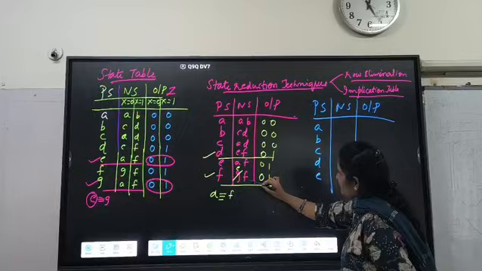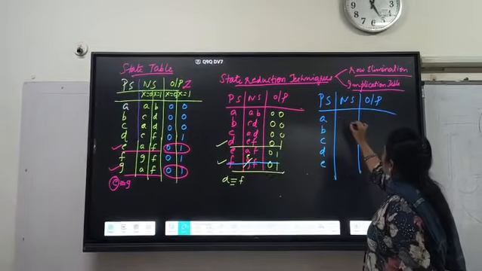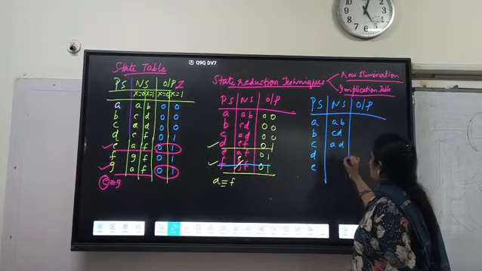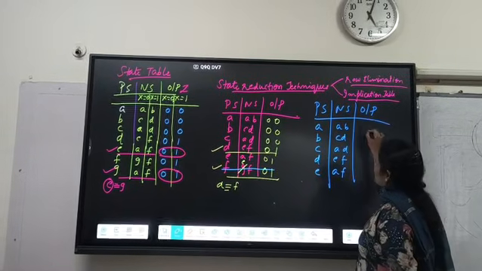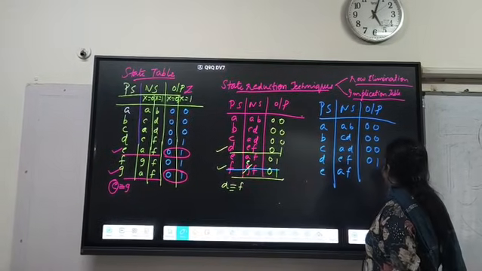D, E. So F I am eliminating here. Okay. So now AB, CD, AD, EF and AF, and outputs are 0, 0, 0, 0, 0, 0, 0, 1,